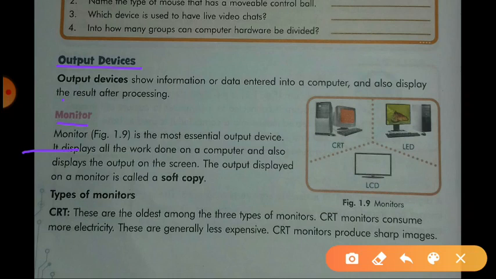Dear students, the output displayed on a monitor is called a soft copy, and when we take output from the printer, that is called a hard copy. So this is the difference between a soft copy and hard copy.